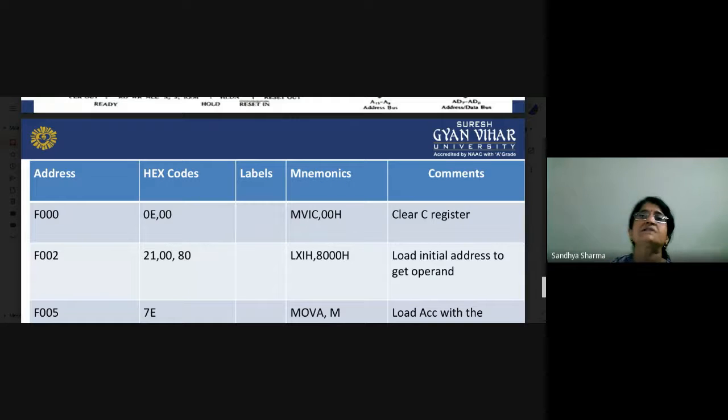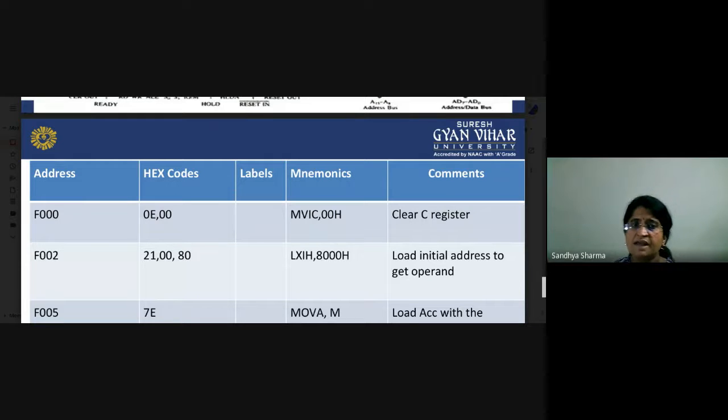So there is also a basic thing: for our learning purpose we make our programs in assembly language, but our microprocessor will only understand the machine language program, and that machine language program will be in 1 and 0 format. So if you are given, suppose, MVI C, 00H, what is the MVI? You have to insert, or clear, the C register. Clear C register means 00 is your data.